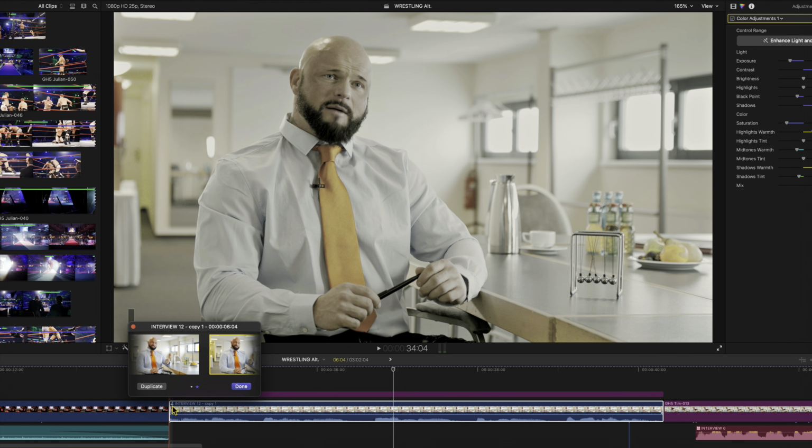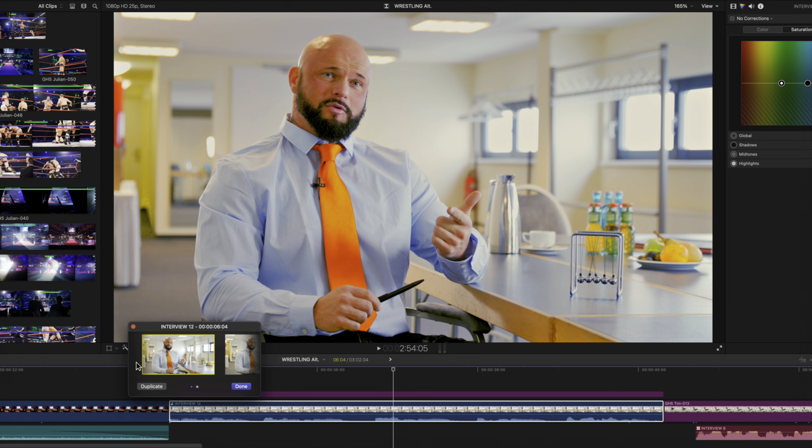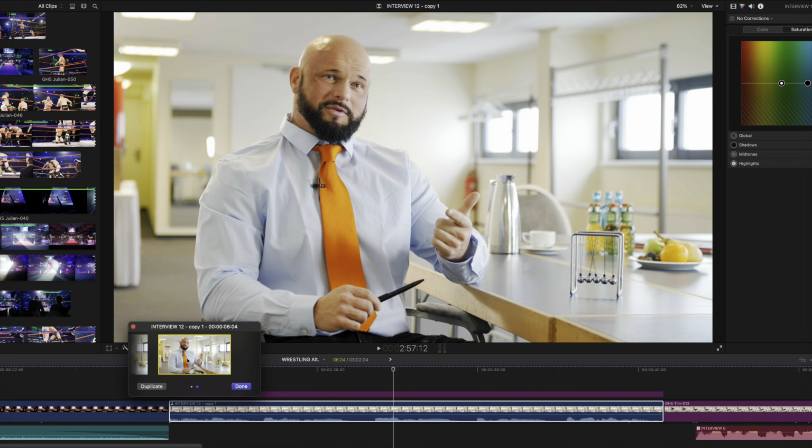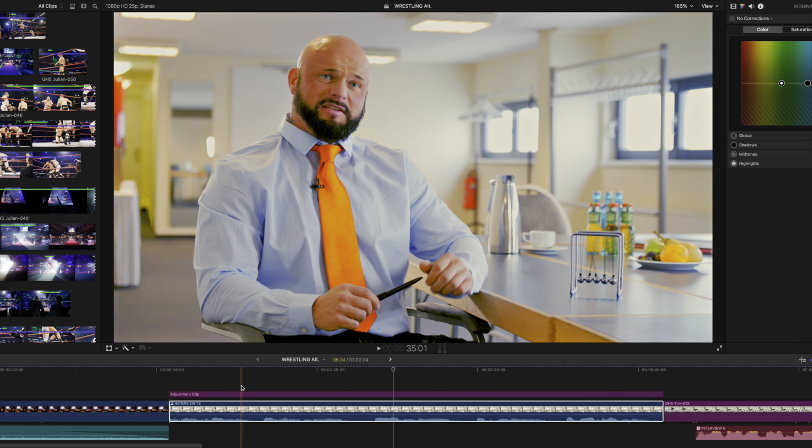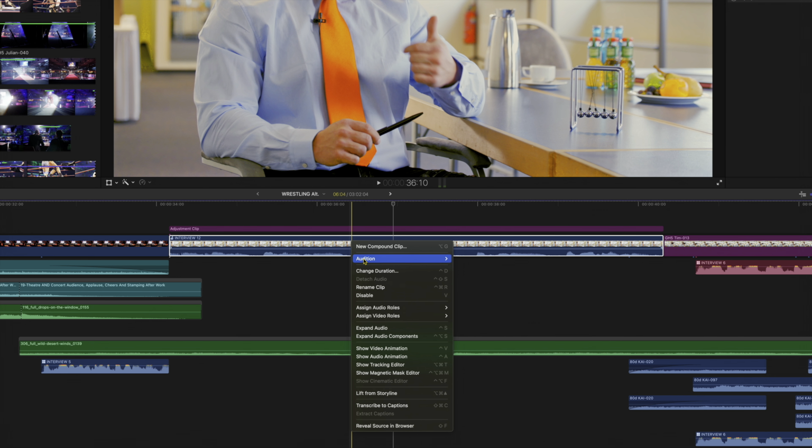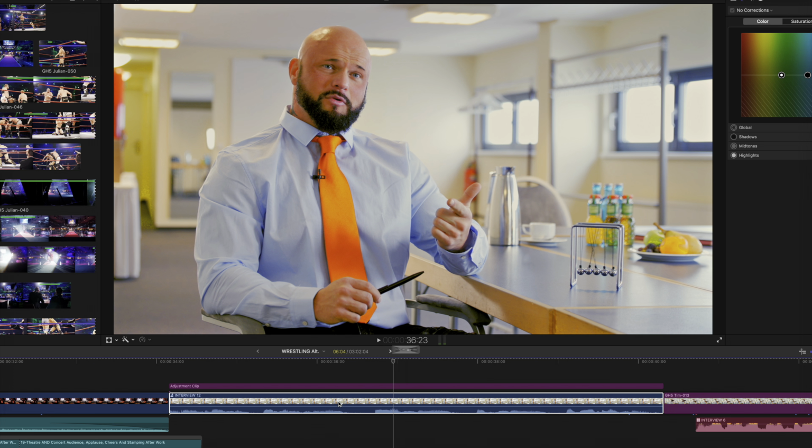To show this, I can click either on the little spotlight icon to cycle through the existing auditions by clicking on them, or right-click the audition, go to the Audition submenu, where I now have Next Pick and Previous Pick options with the keyboard shortcuts Control-Option-Left and Right arrow. Pressing either shortcut cycles the clip through the existing auditions, and with that, from color correction to color correction.